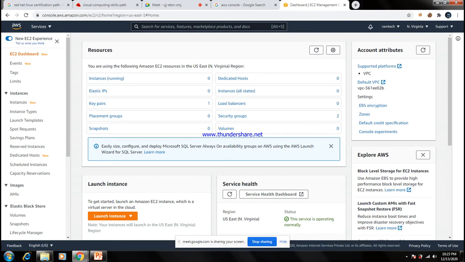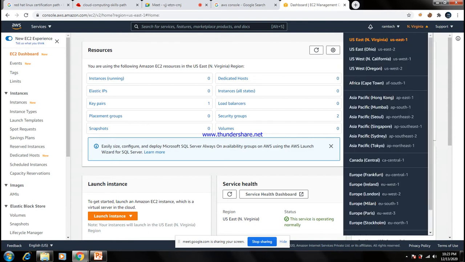See this area, this is the region, madam. You can click the region. Whichever location you want, you can change the location also. But very important, if you change the location, you actually have to use that location only. For example, I can change to Mumbai.